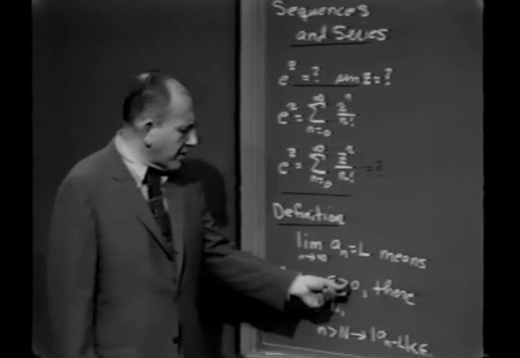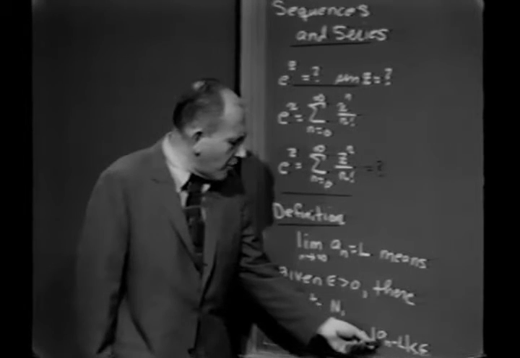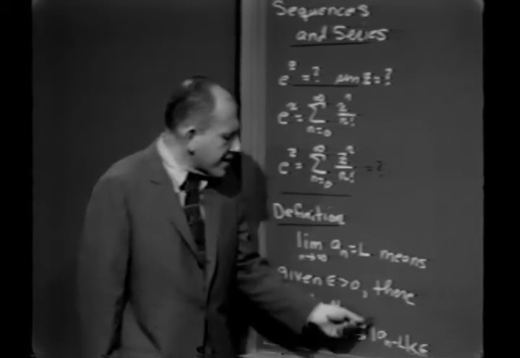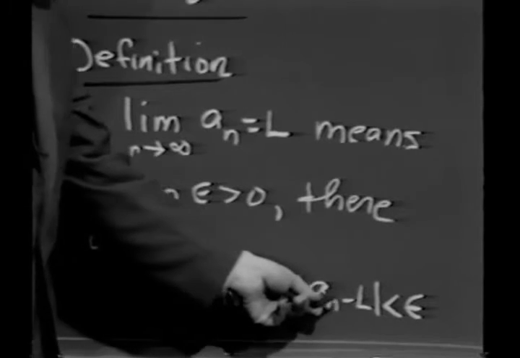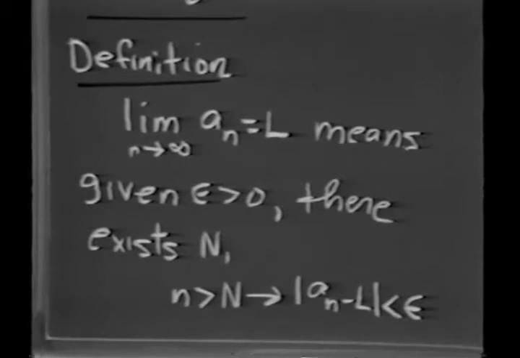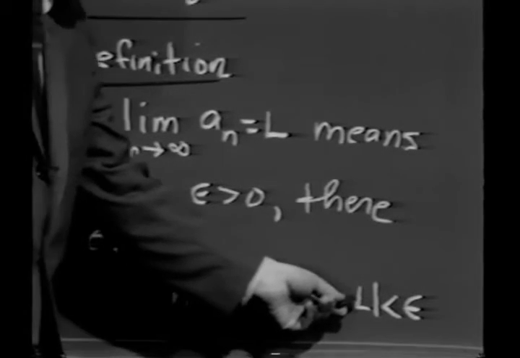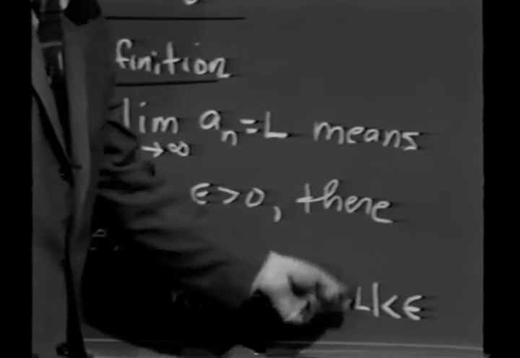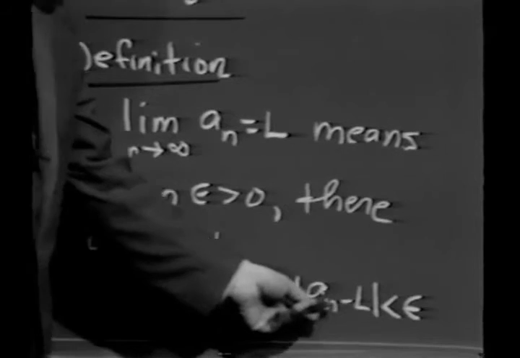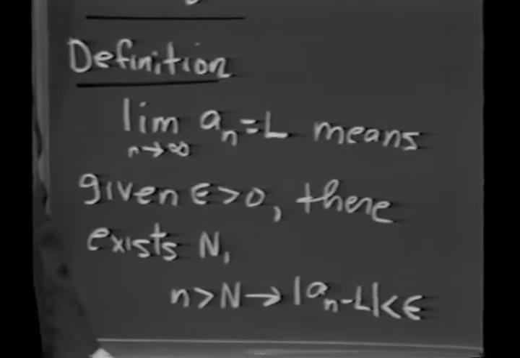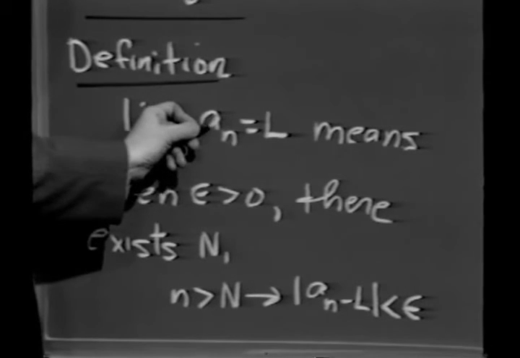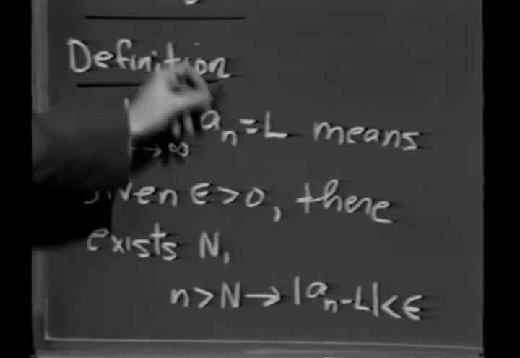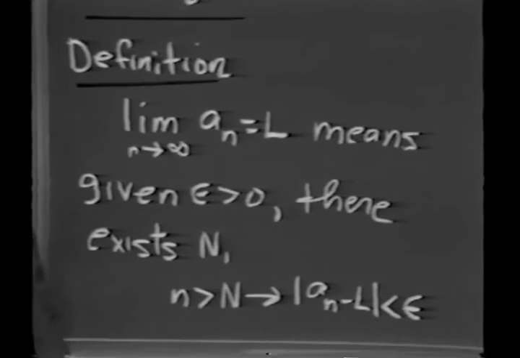Since epsilon is real, I would like to believe that no matter what a sub n and L are, that the magnitude, the absolute value of a sub n minus L must be less than epsilon, means that the magnitude of a sub n minus L must be a real number, among other things, and in fact, preferably a positive real number. Notice that the magnitude of a complex number is still a non-negative real. Consequently, even if a sub n and L are complex, this definition still holds. And in fact,